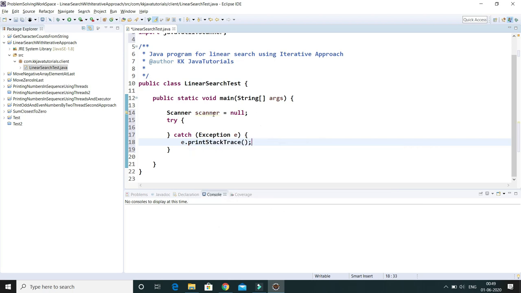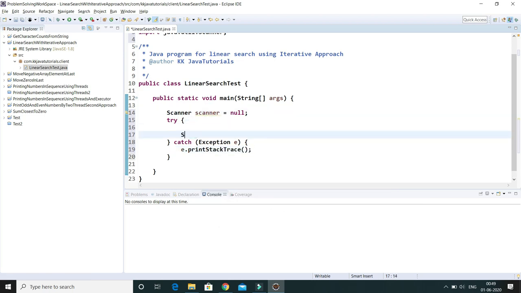reference, right? And within this, first of all, I'll ask the user to enter the input array size, right? I'm going to ask the user to enter the input array size.